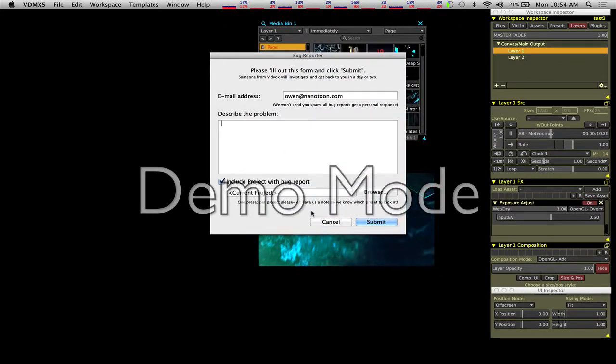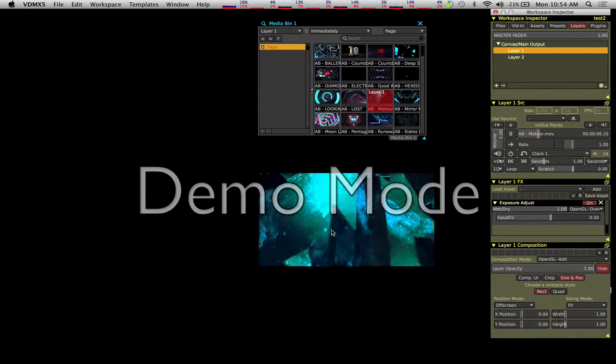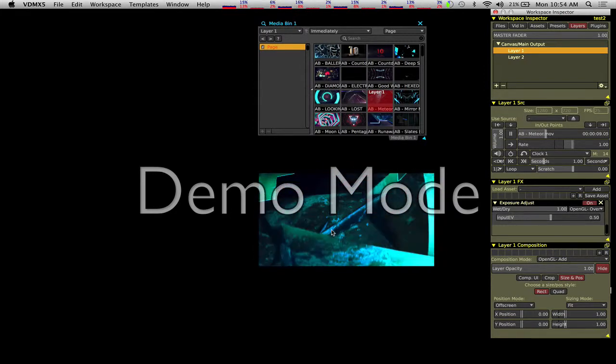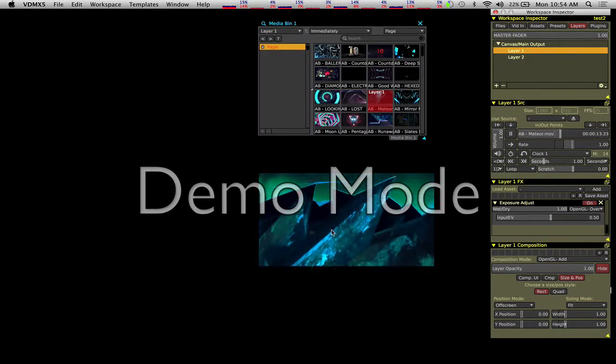And this is really important. This dialog will pop up automatically if you crash and then you reboot. It's really important to send them your bug report, because they're a small team at VDMX and they don't have every possible configuration of hardware and software. So they can't necessarily anticipate any of the things that are going to happen. So it's very helpful. And if you are having crashes and you don't know what's happening, feel free to use the VDMX team to help you, because you can write to them,